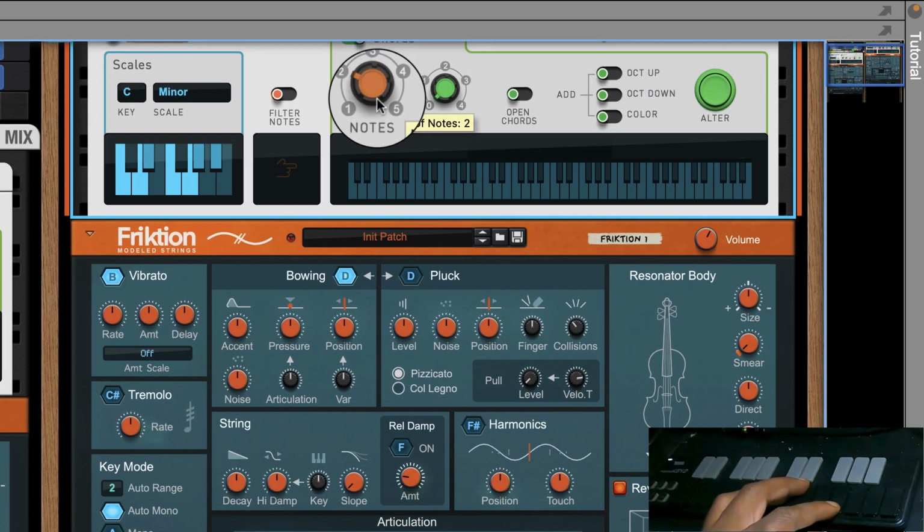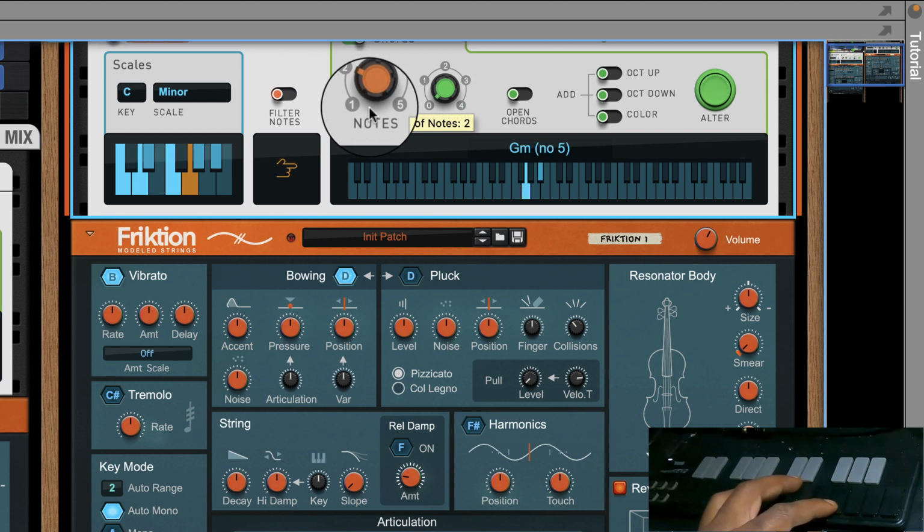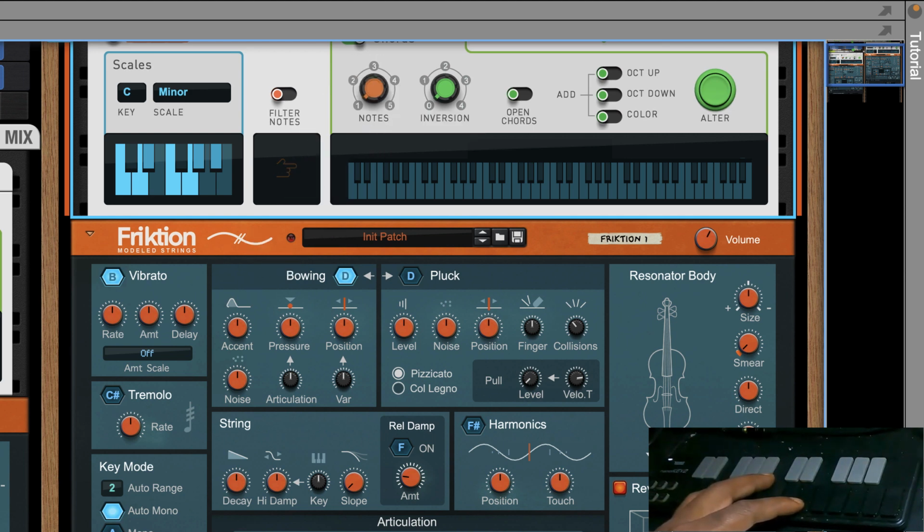We're going to turn our notes down to 2. Let's turn it to 1. I'm going to show you something cool. So if you have it set to 1,